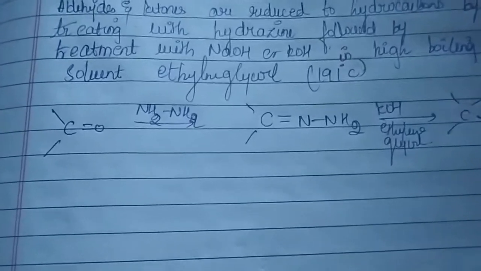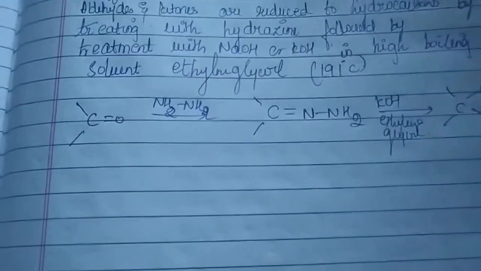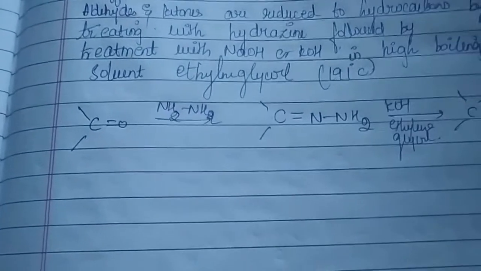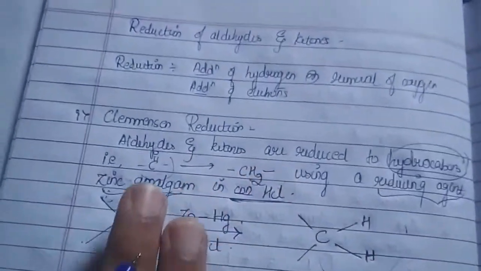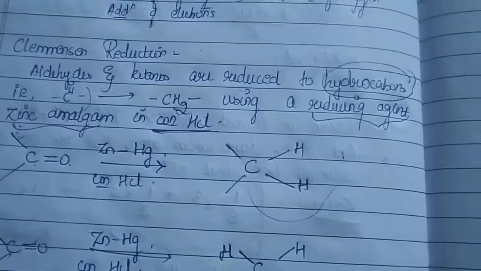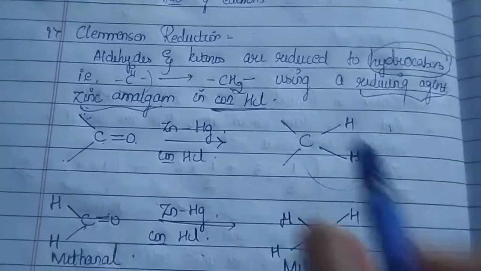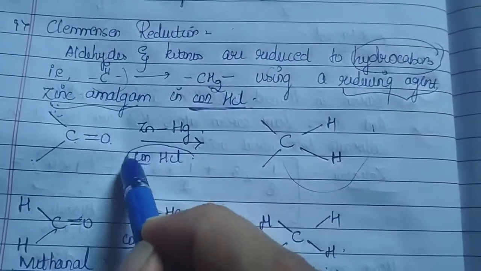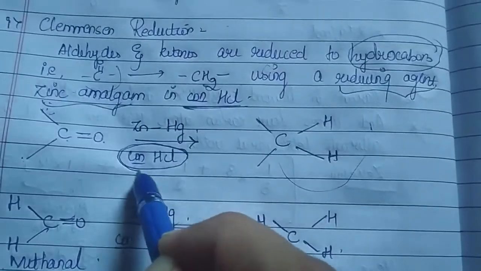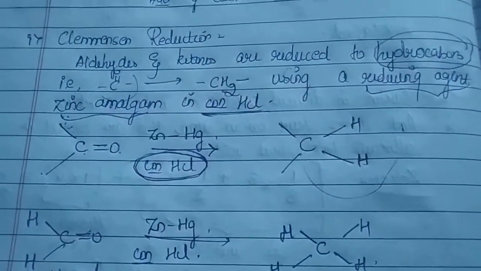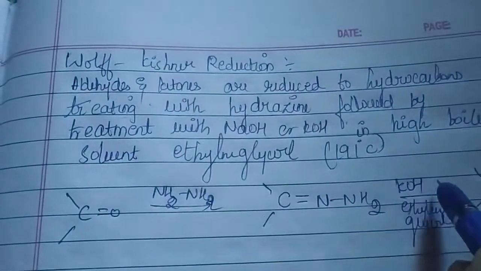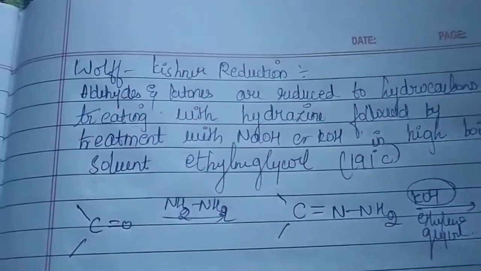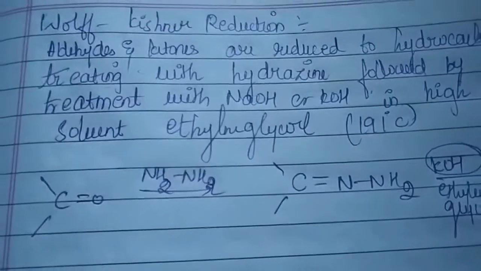Now one question arises within our mind. What is the main difference between the two? Of course, the first important thing we could note over here itself: when we were seeing the Clemmensen reduction reaction, what we saw was that it was in the presence of an acidic medium. But when you are saying Wolff-Kishner reduction, we are saying it is in the presence of a basic medium. That is the first prime difference.